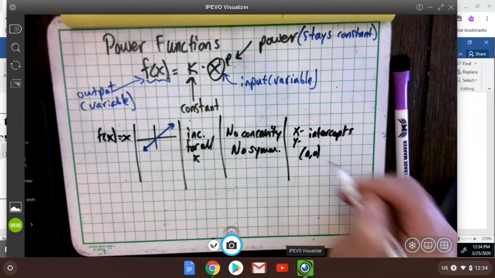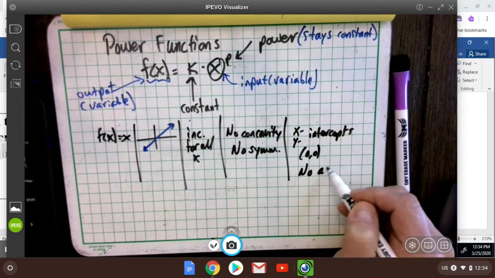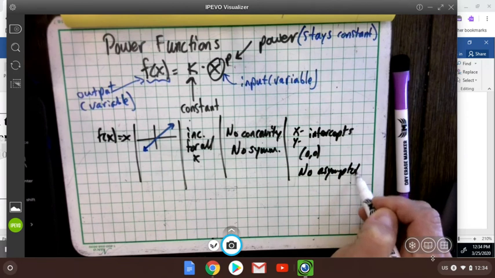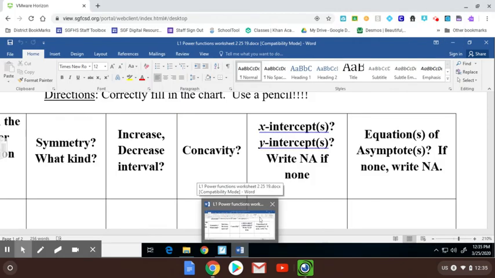Both 0, 0. And last but not least, there are certainly no asymptotes. So that's how you do one of these. Now again, the directions on the sheet that will be pushed out to you, I will show you these directions. They say,